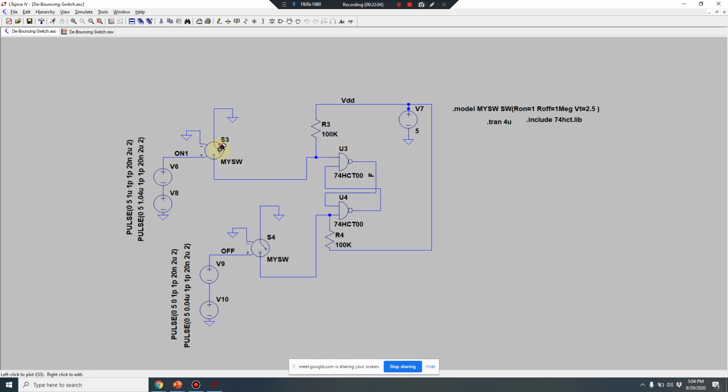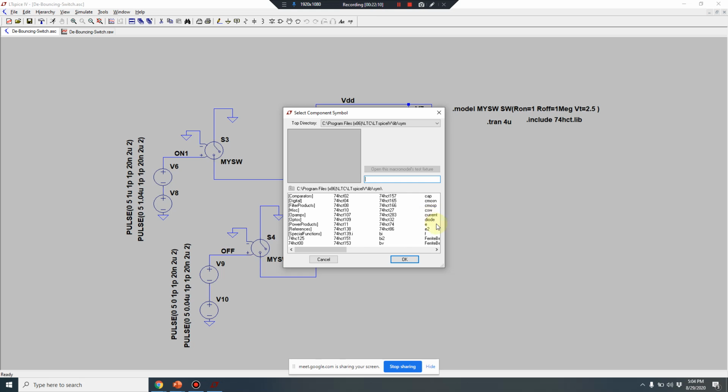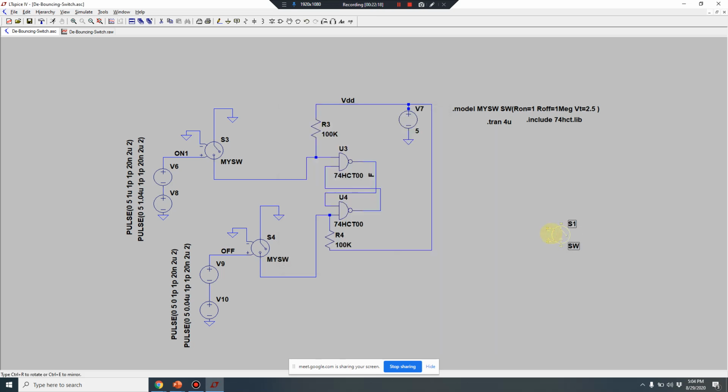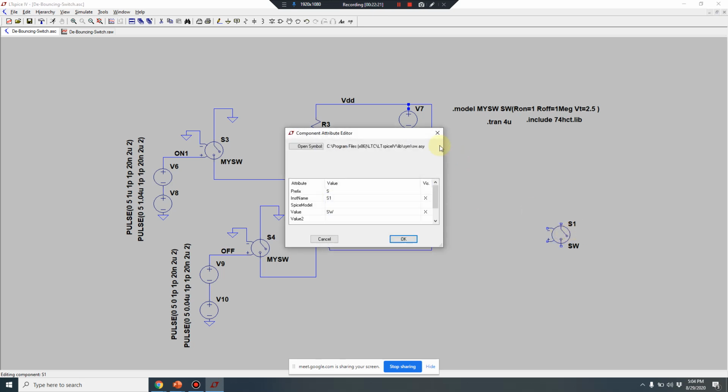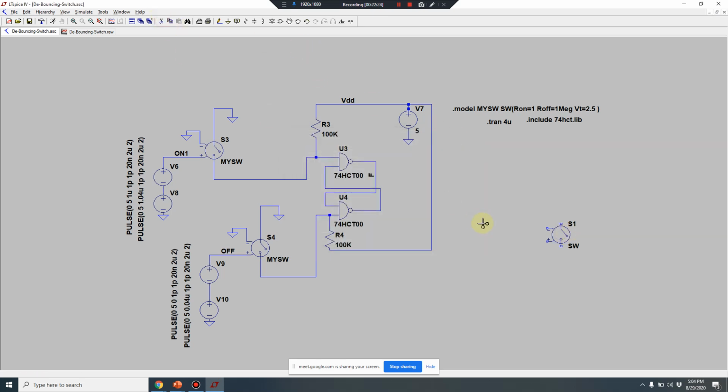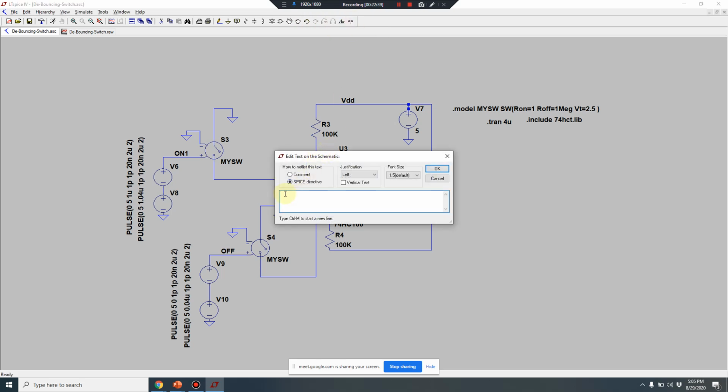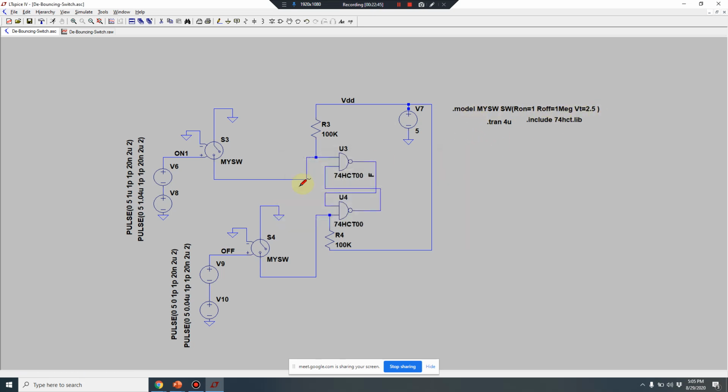Now this switch, where did I get this switch from? If you go to the components menu, there is something known as SW. If I click on SW and paste it here, I will get the switch. So this is where I get that switch. After you put the switch, this is the command which we need to give. What is this command? This is again a SPICE model. You go to SPICE directive and write .model switch, with Ron, Roff, 1 meg. So this is the model for the switch.